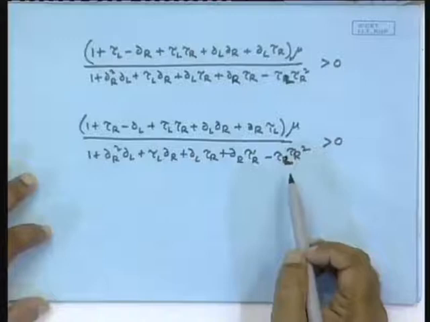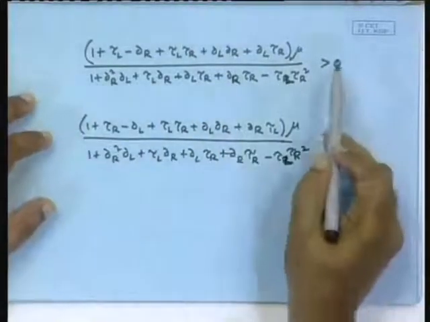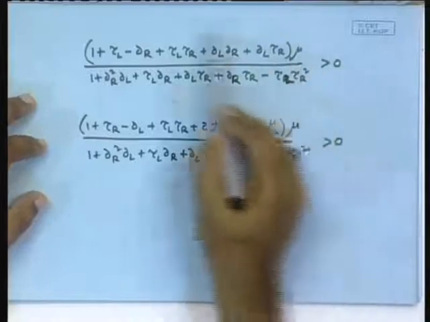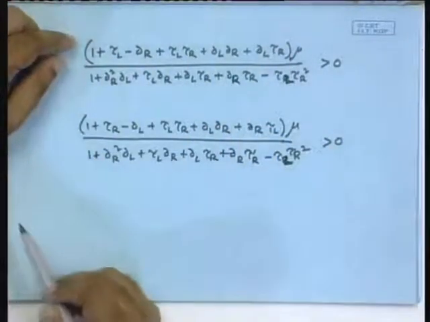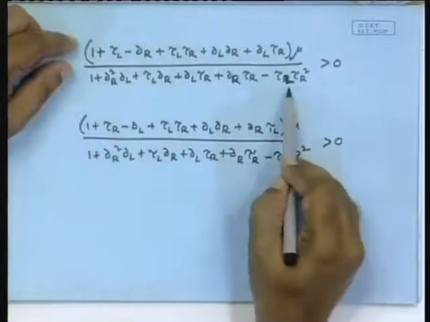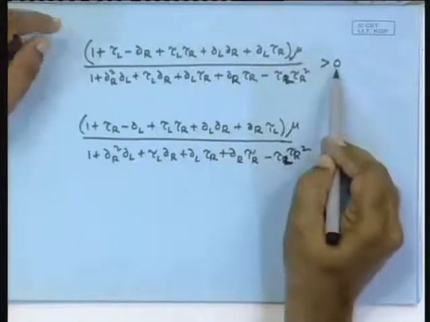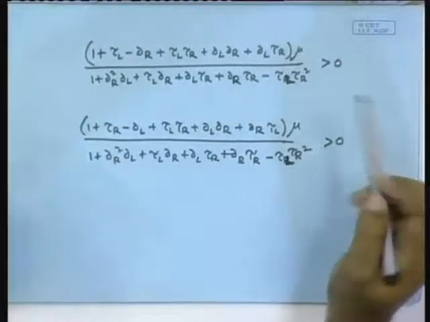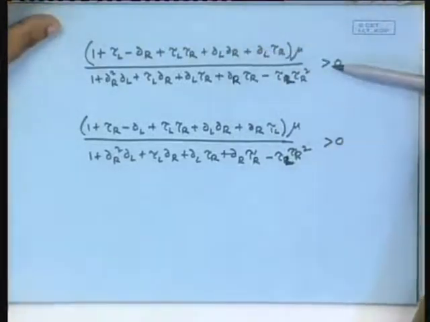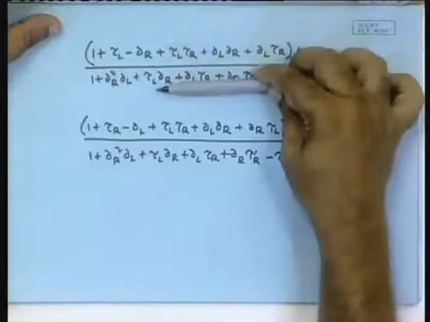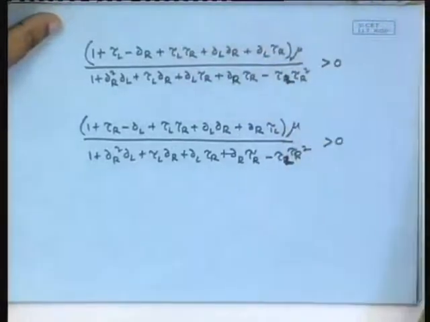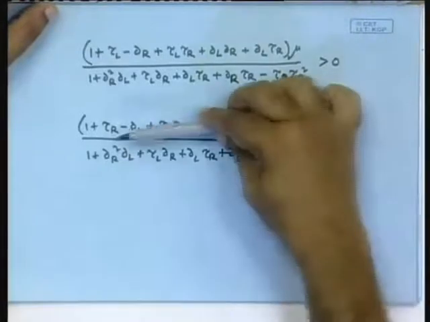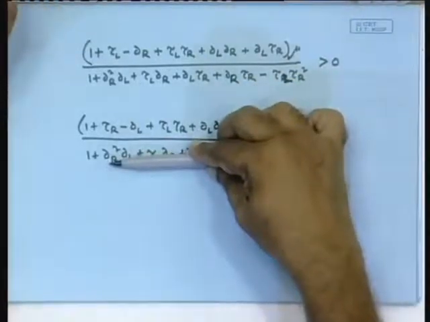Obviously, the range of existence of this LRR orbit will be delimited by these two conditions. Now, here is a number in the numerator and here is a number in the denominator, and both are to be equal to 0 for the condition, or greater than 0 for the condition that it will exist. So, obviously, this will be positive if both these are positive or both these are negative. Similarly, this will be positive when this and that both are positive or both are negative.